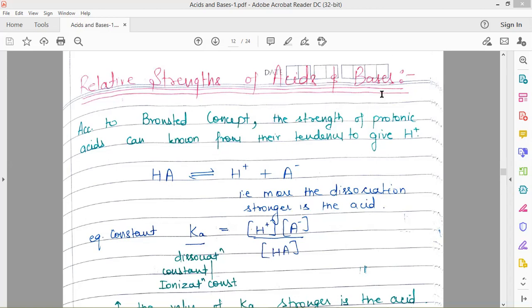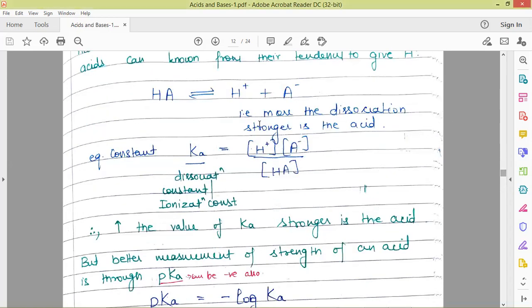So firstly, I would like to take up this reaction, which is a dissociation of an acid. Anything which is an acid will dissociate to give H positive and A negative. This is the anion and this is the cation, H positive. If it is releasing H positive, that means it is an acid. The strength of this acid will depend upon the tendency to dissociate. That is, if the acid is strong, the equilibrium is going to be towards the right side, and if the acid is weak, the equilibrium will lie on the left side.